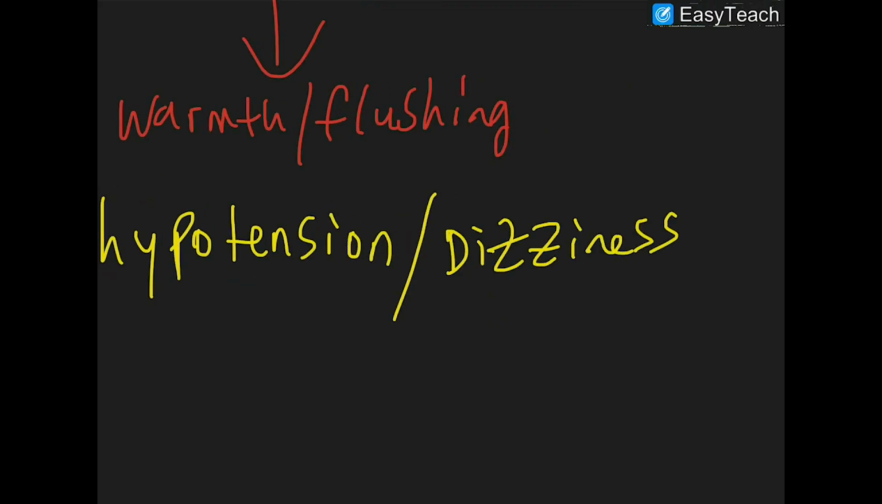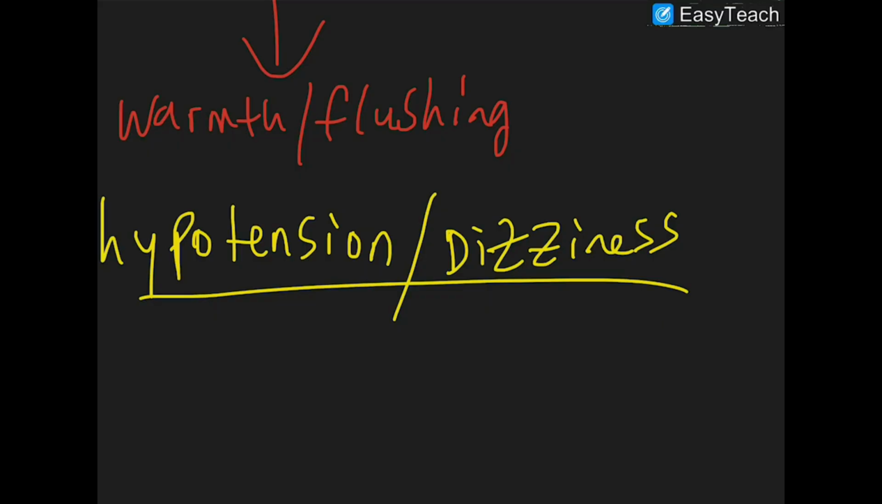Now, why does this happen? Well, we said nitric oxide, or nitrates, lead to the production of nitric oxide, and then that vasodilates. In this case, nitrates are really good at dilating your veins. So remember, we went over this a few times where